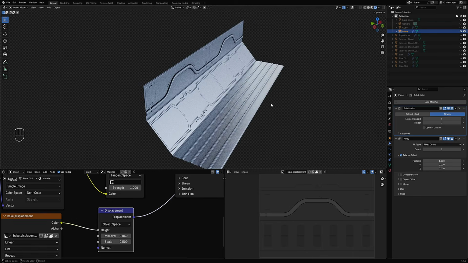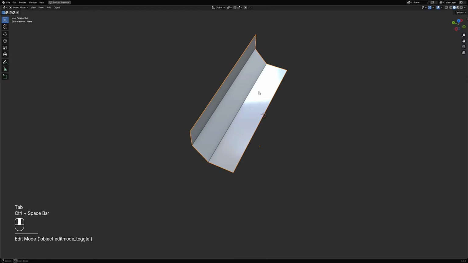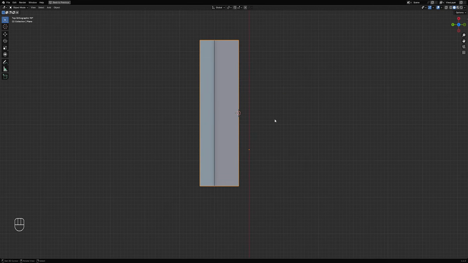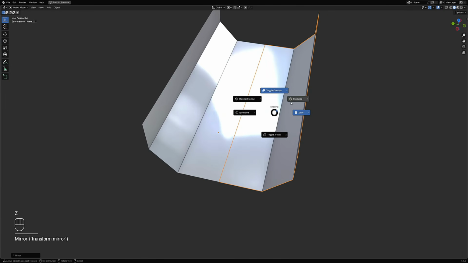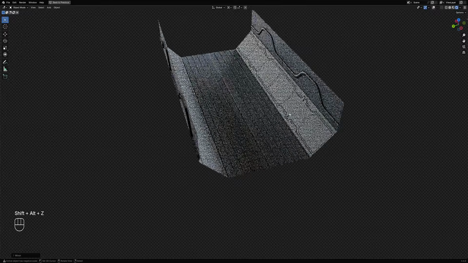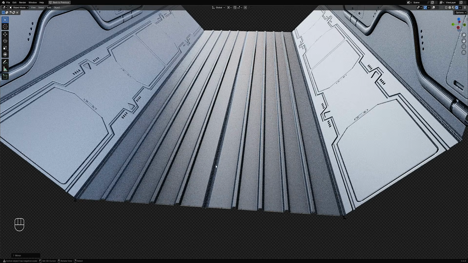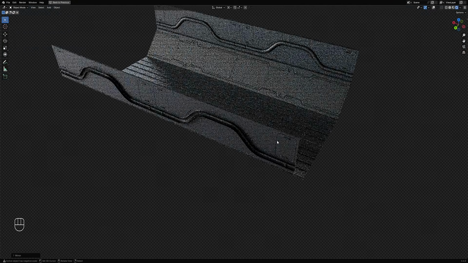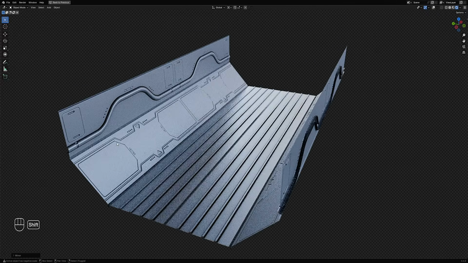Okay. I think we can set the trim cursor here and then set the median point to the trim cursor and duplicate this and then Control M and then middle mouse click and duplicate on the other side. Let's see if this works. There we go. And there's the line in the middle, but this is a way you can mirror the